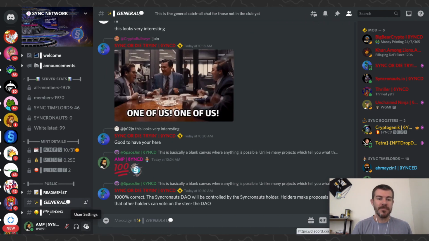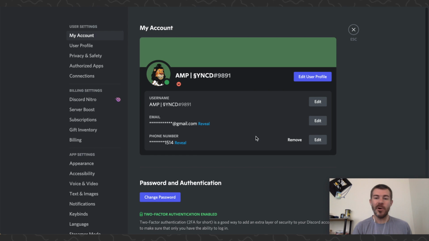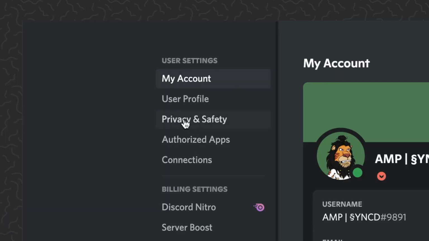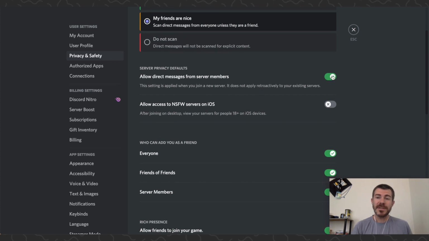So what we want to do, whether you're on mobile or on desktop, you want to come to user settings here. Go ahead and open this up. Then the next thing we want to do is come to privacy and safety. Scroll down here. So now there's basically one thing that you need to do, and it says allow direct messages